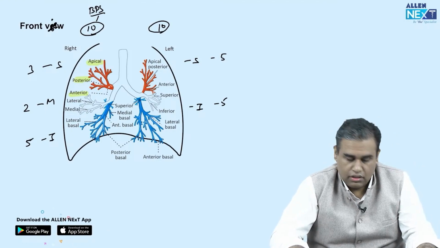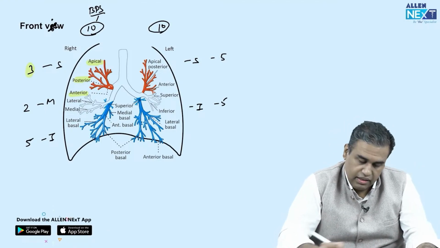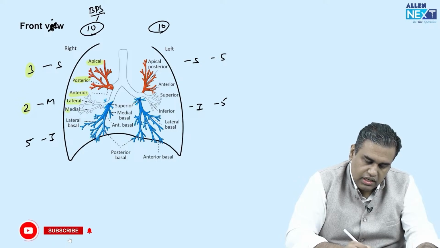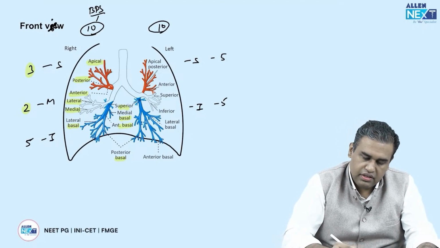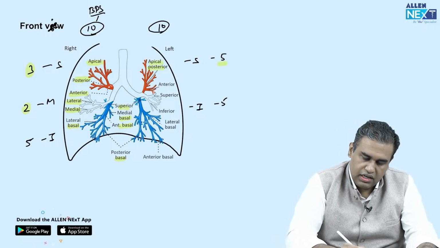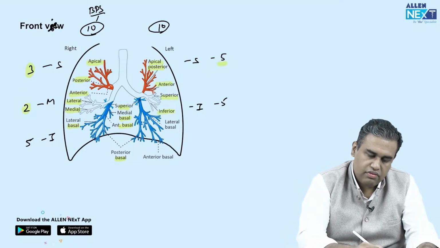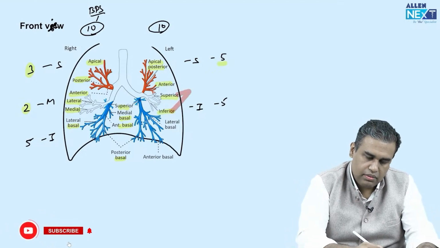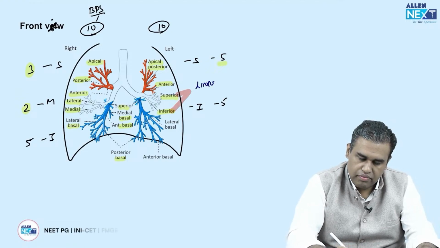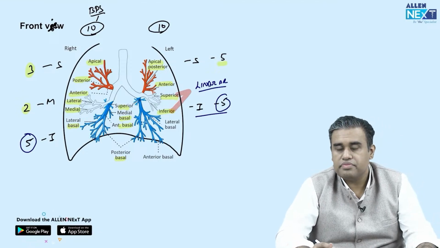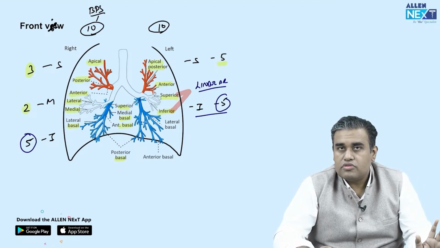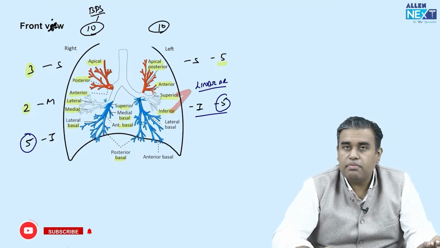These are 3 segments of the right superior lobe. Right middle lobe में there are 2 segments, कौन से? Lateral, medial. Inferior में all are having the name basal, सबके सब basal हैं। Same left side में, left side difference है कि there are 5, तो apical, anterior, posterior तो वही है, superior, inferior we call them as lingular segment. क्या बोलते हैं इन्हें? इन्हें बोलते हैं हम लोग lingular segment because they are around lingula. और नीचे inferior में 5 are same, जो राइट में लेफ्ट में। समझो इसको, सेगमेंटेक्टमी एनाटॉमिकली सर्जिकली इंपॉर्टेंट।